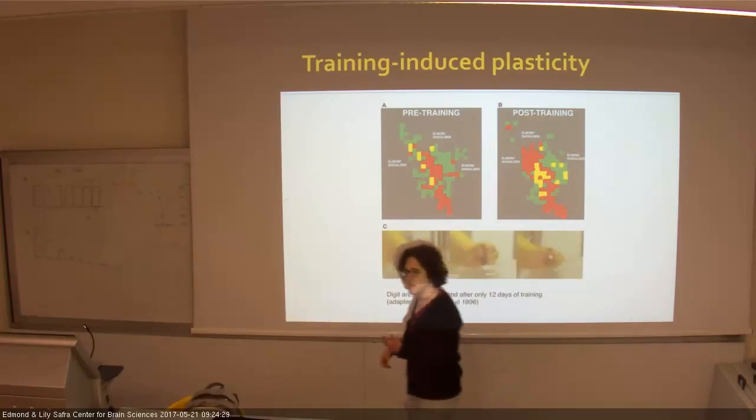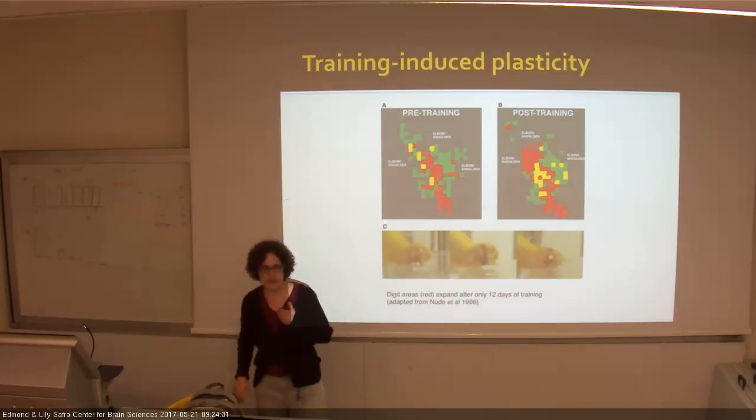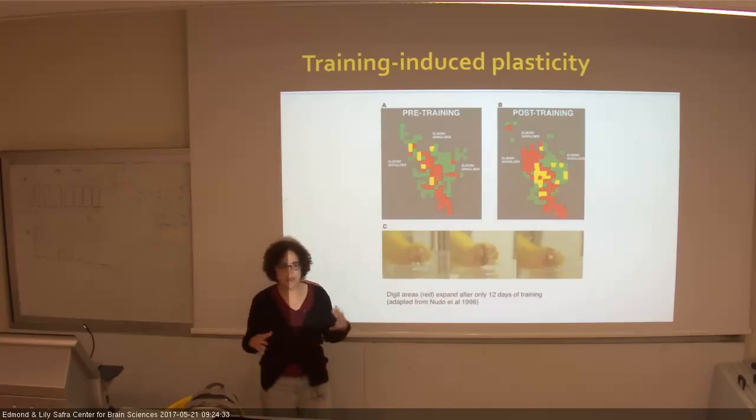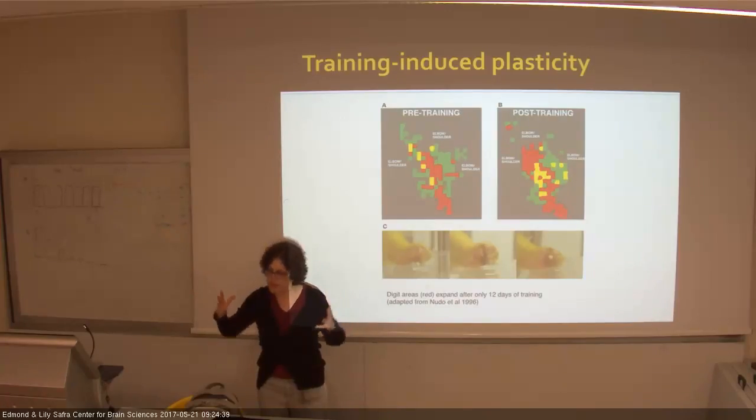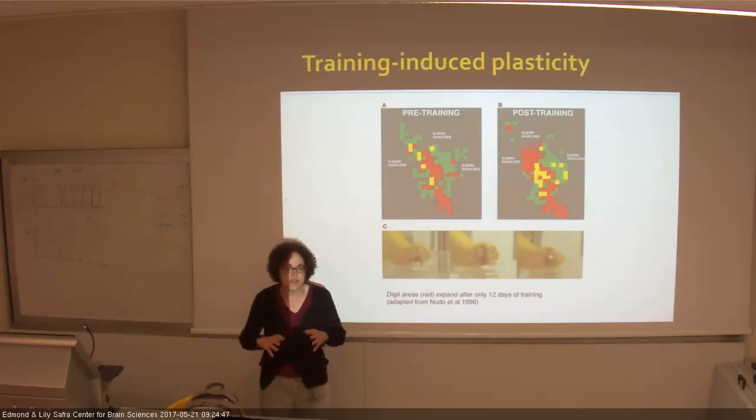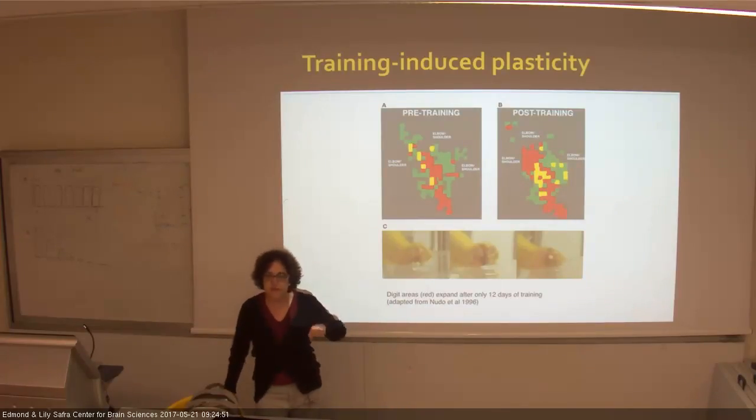And you can see this very often. You train a monkey on a finger-related task, and the digit area becomes huge at the expense of other areas. But if you now take the same monkey and train it to do a shoulder-elbow task, all of a sudden the same area that was previously finger-related becomes shoulder or elbow-related. Now this is kind of interesting